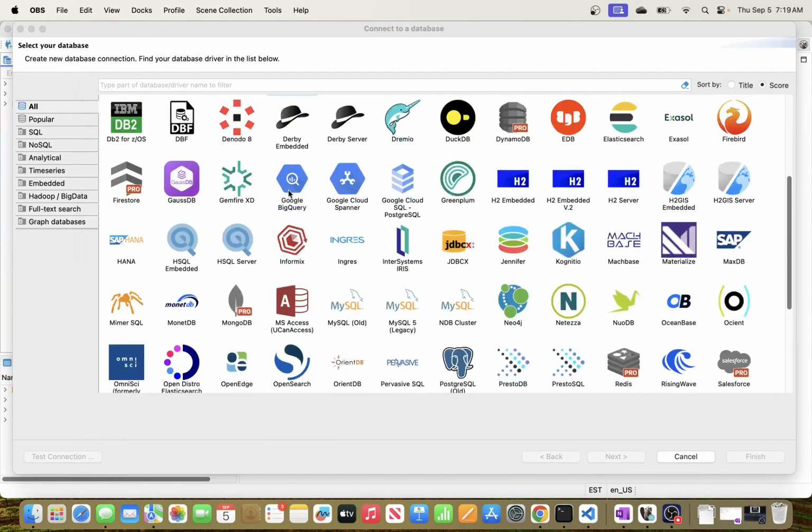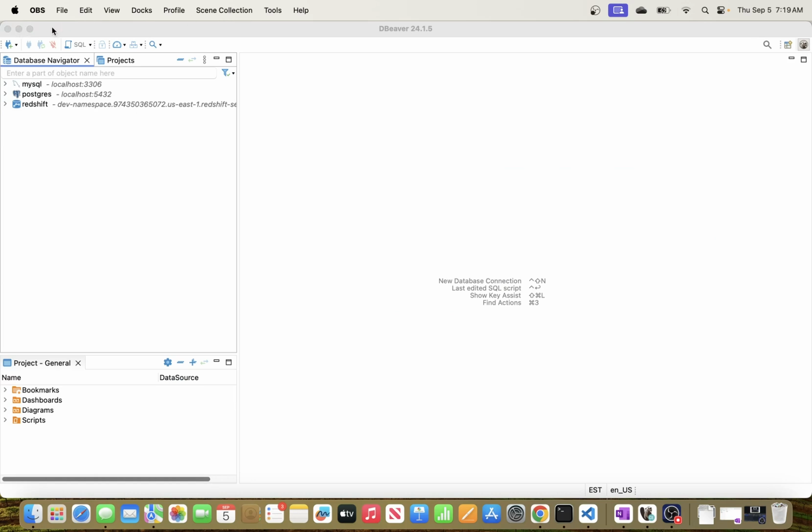Alright, so like I mentioned, in today's video, we will be using DBeaver to connect to Google Cloud BigQuery. So to connect to Google Cloud BigQuery from DBeaver, all you have to do is go to your DBeaver and